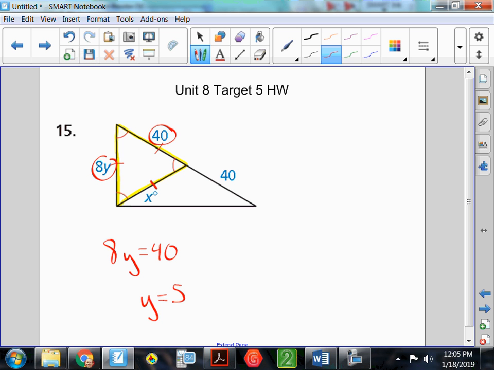They're giving you, in the other part of the diagram, another 40. And so if we look at the equilateral triangle, we knew 8y was equal to 40. We had a 40 on the top. And then this bottom one on the right, we also have a 40. If I then pay attention to